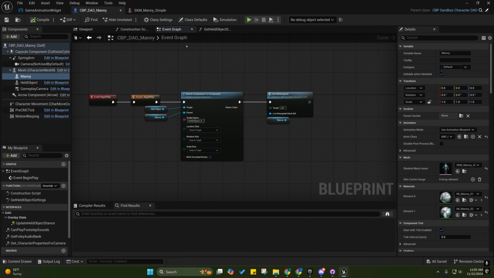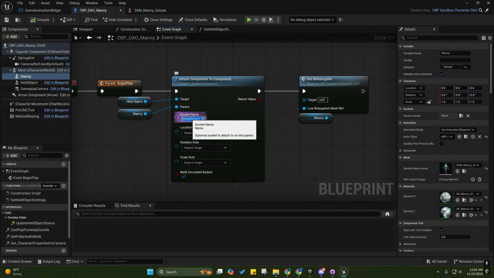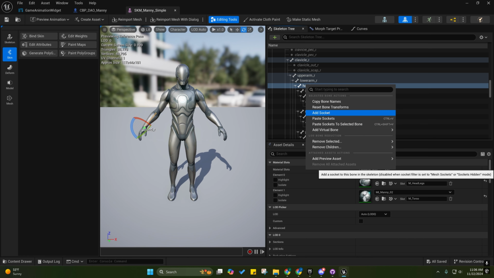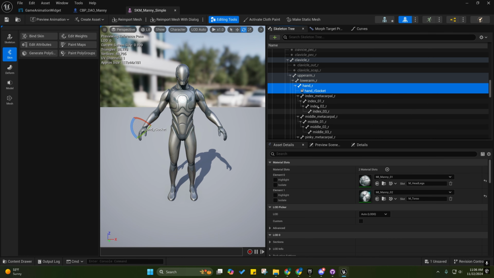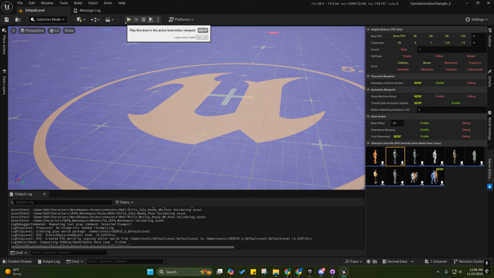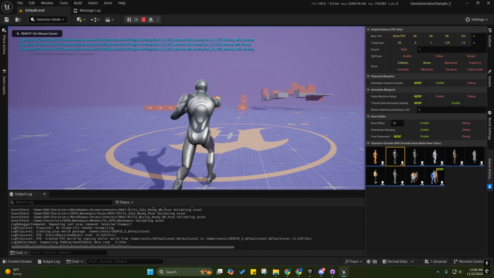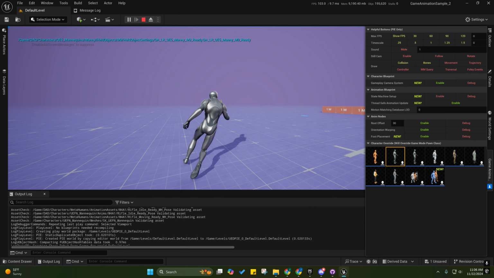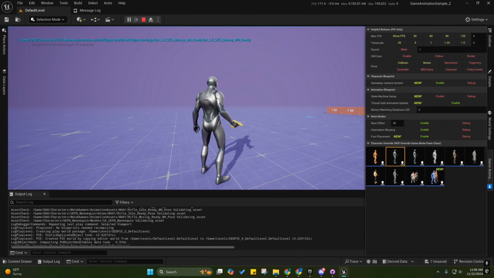So let's go back over here and go to the event graph. And I named all these sockets for all these characters the same. So it's called held object underscore R. Right now, I only have this set up for right-handed weapons. I'll add support for left-handed weapons in the future. So I'm going to add a socket here, and I'm going to rename it to held object underscore R. And that should be it for him. Now, whenever we run this, you'll see that he's holding it and he's firing. So if you fire in the middle of a recoil, it'll be inaccurate,